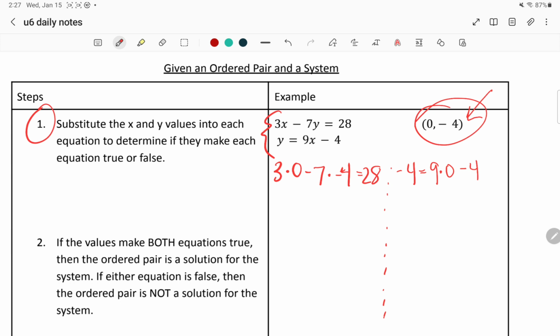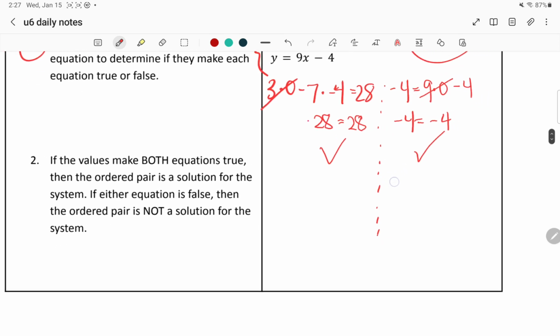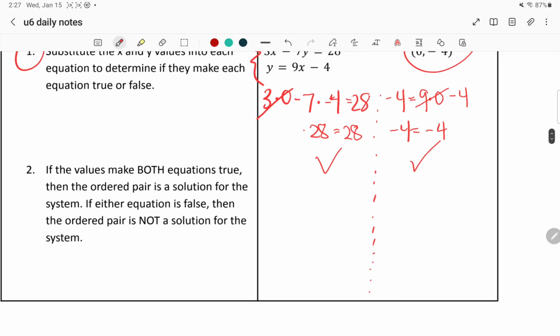Now we're going to simplify. So 3 times 0 is 0. -7 times -4 is -28 positive 28, equals 28. That was true. So far, so good. And over here, I have -4 equals 9 times 0 is 0. -4. So that's true as well. Step 2 is, how do I figure out the answer to Delta Math? Okay. If the values make both equations true, which they were, these were both true,